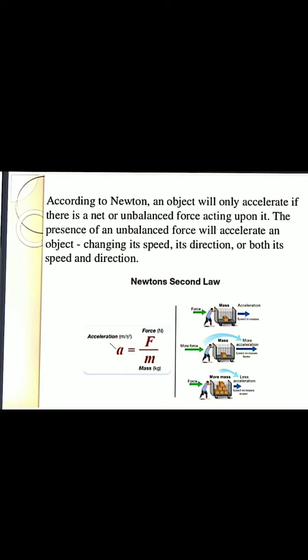If the force is balanced on both sides, then the object or body cannot move or displace from its position. If the force on one side is higher and on the other side lower, then the net force is an unbalanced force, and due to that unbalanced force the object will be displaced and its velocity increases or decreases, that means it will accelerate. So the main reason for acceleration is the net or unbalanced force acting on it.